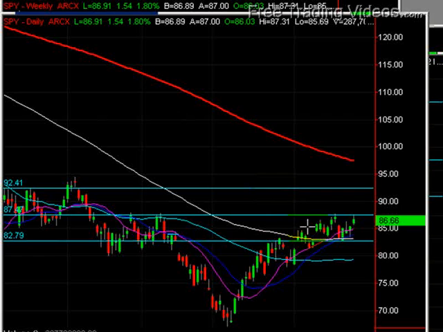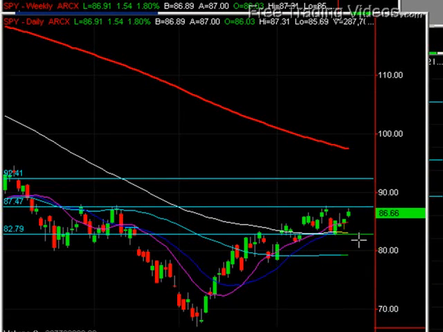I want to watch how the market digests news like it has been so nicely, keeping this high base. Again, like I said before, any high base can fail almost immediately. And you get a huge sell-off because all the people who thought that we were being bullish right now all of a sudden change their mind rapidly and start selling. All right, so that can happen.